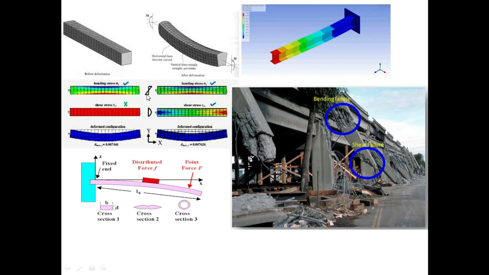But as I told you, along with that, if loading is being applied vertically on a beam, as concentrated forces, or as a result of some UDL or a VDL being applied on a beam, there will also be some shear stress generated. This is the profile for a shear stress of a rectangular beam. These bending stress and shear stress profiles will actually be a function of the cross section of the beam. So if you have a Z section beam, a channel beam, an L section beam, a T section beam,